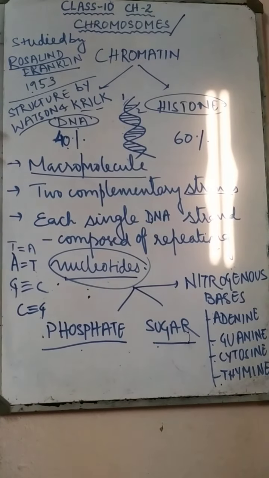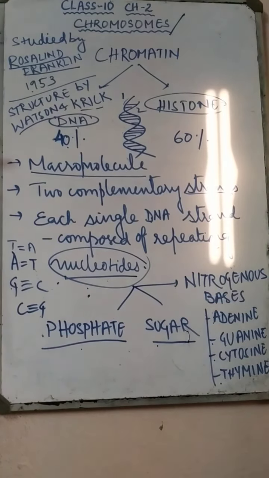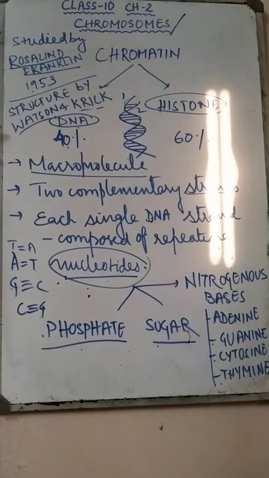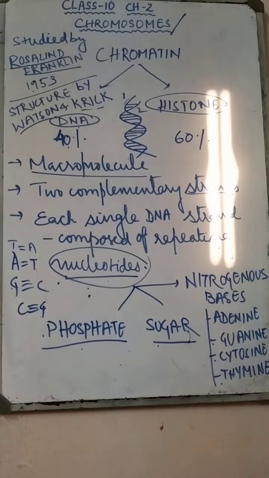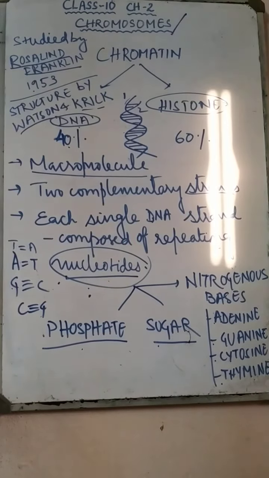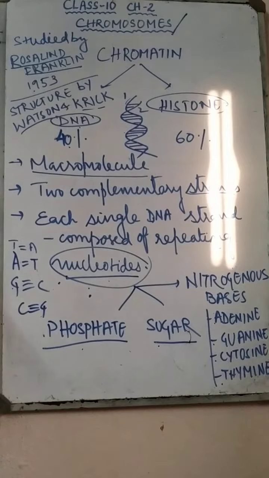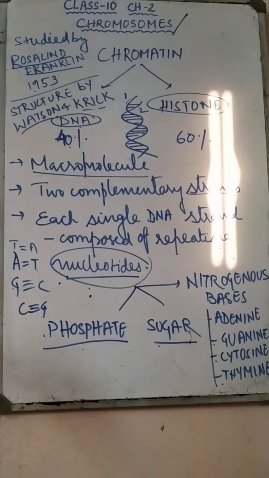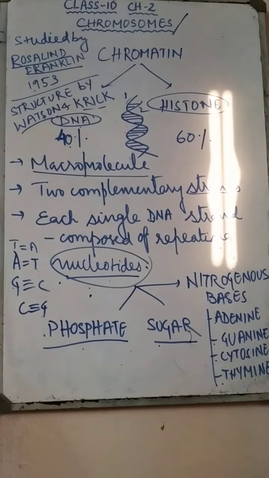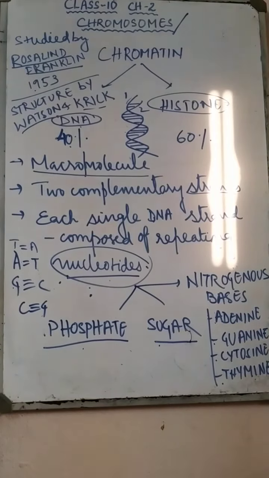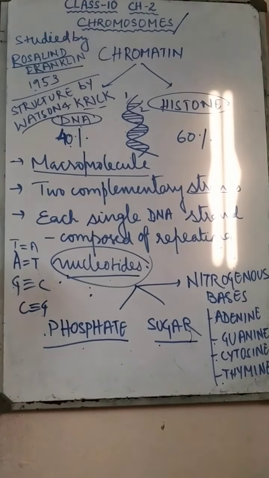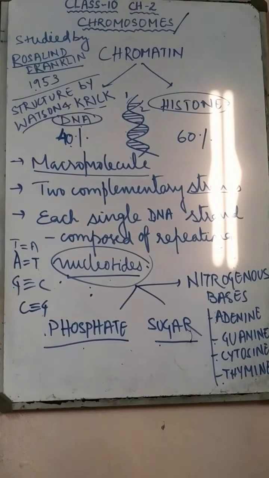For this DNA information given by Watson and Crick, they got a Nobel Prize in the year 1962, because it gives the information on how genes are passed from parents to offspring. It's a very good achievement, a really important achievement. For that purpose, these two scientists were awarded the Nobel Prize in the year 1962.